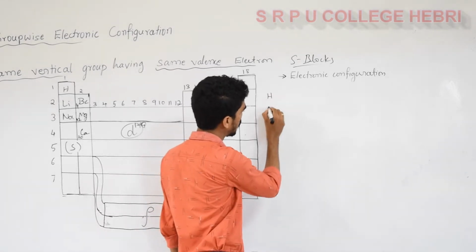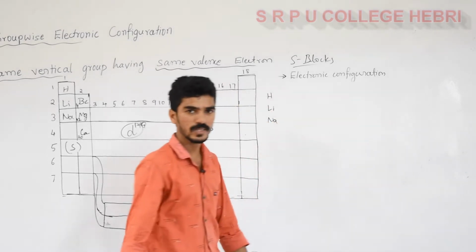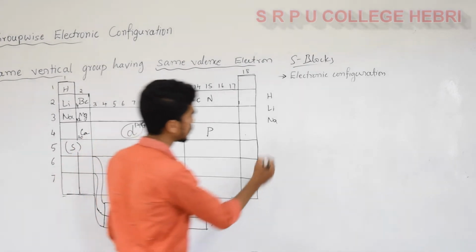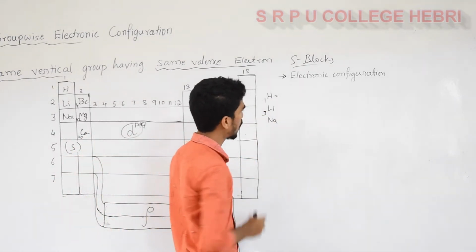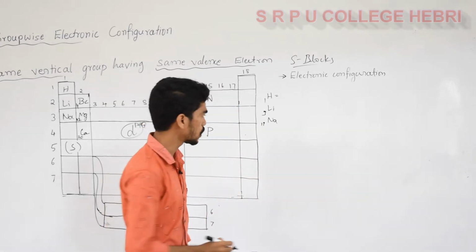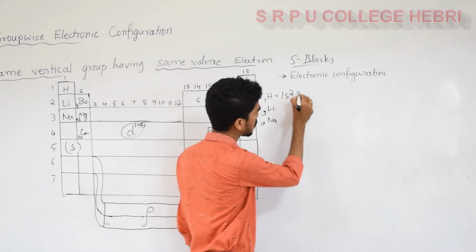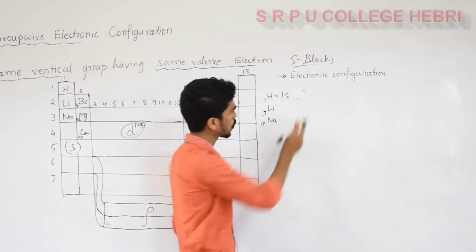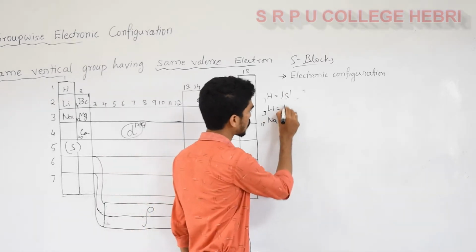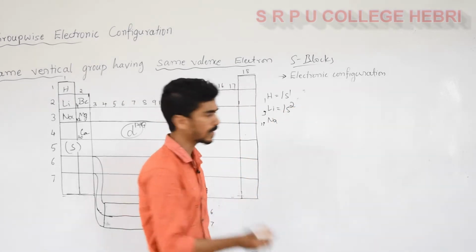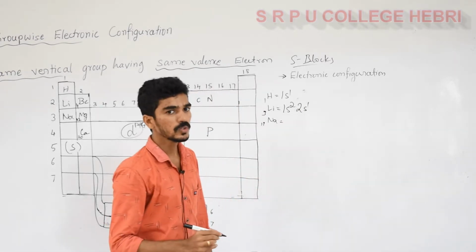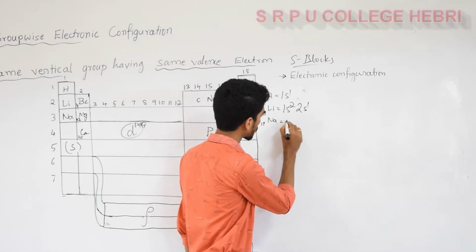Hydrogen, lithium and sodium are one set of elements present in the first group. While writing the electronic configuration, hydrogen has atomic number 1, lithium has atomic number 3 and sodium has atomic number 11. Hydrogen has only one electron: 1s1. Lithium has 3 electrons: 1s2, 2 electrons are over, only one is remaining, at the next energy level 2s1. And next for sodium, we should write